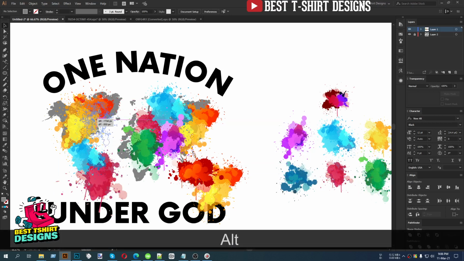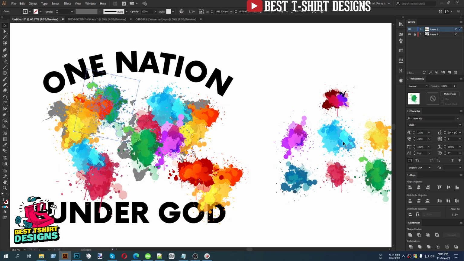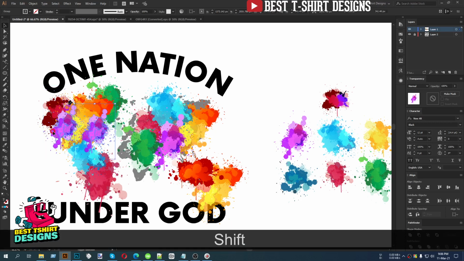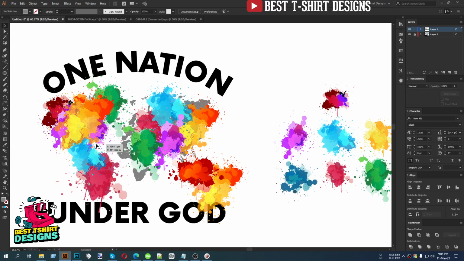That will be the details of your design. If you take a really long time to place them, that will make your design more detailed. I can make them smaller, but I am making them bigger here because I want to quickly cover the areas. And I'm selecting this and pressing Control X to cut. I'm selecting this shape and pressing Control B because I want it to sit just below that part.